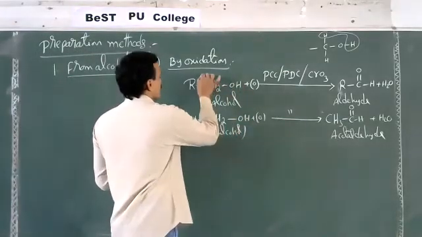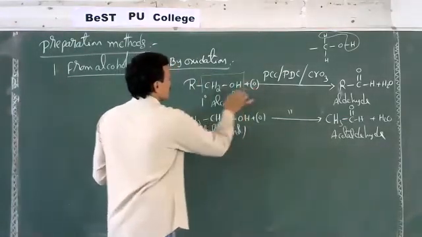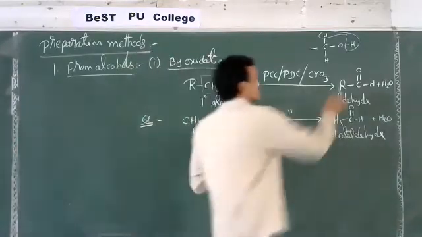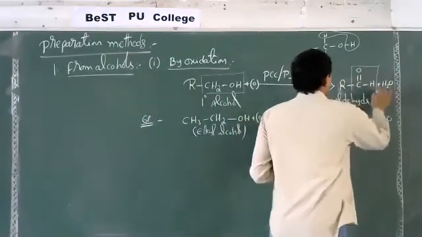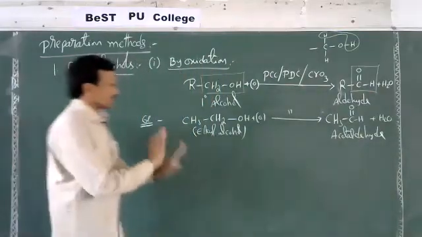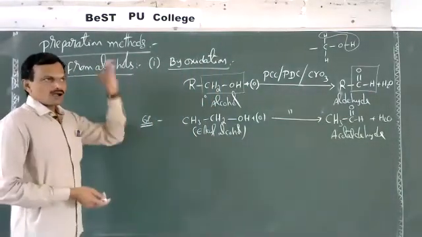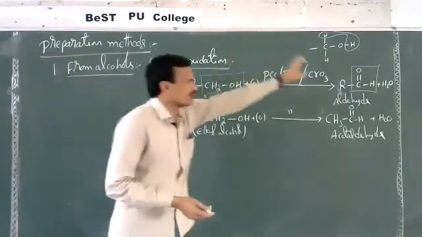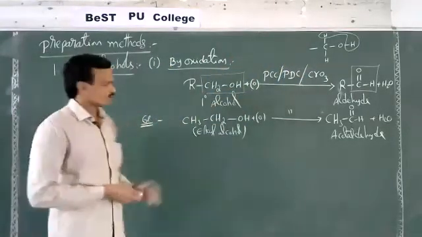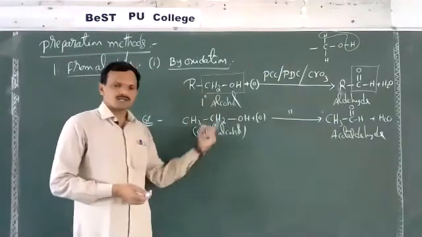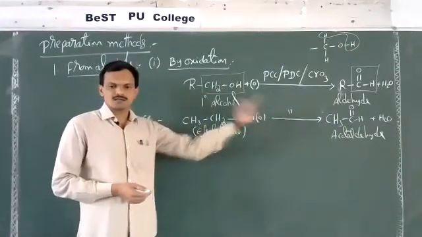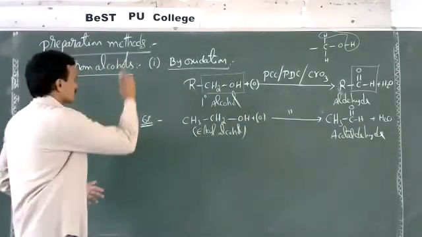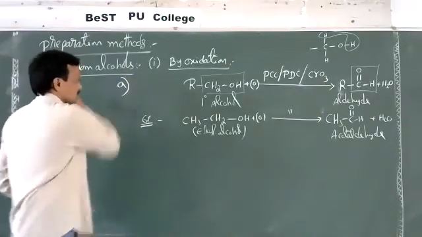CH2OH. See, the overall change here is nothing but the CH2OH group is oxidized to CHO group. That's all. There is an overall change, the remaining stays the same. The CH2OH primary alcohol group is oxidized to the aldehyde CHO group. This is an example: ethyl alcohol is oxidized to acetaldehyde. This is the first one in this A.